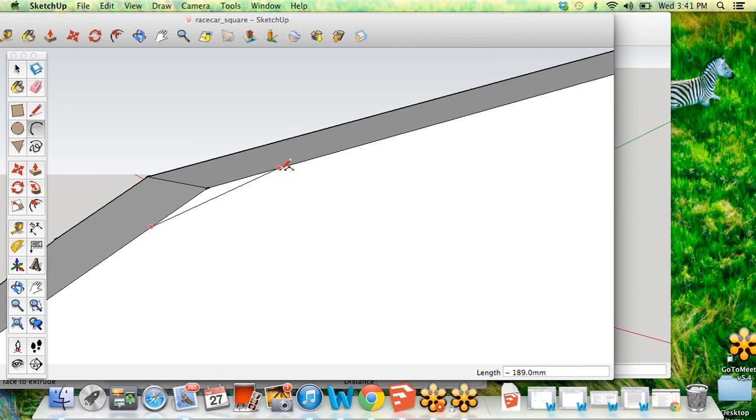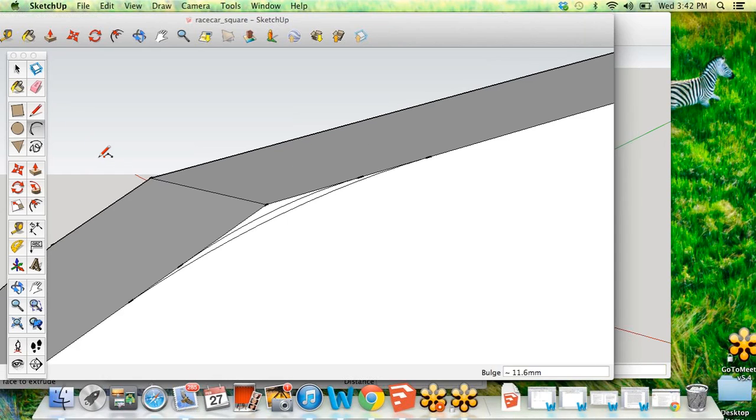Let me try that again. There we go, and you can see that curve is purple. Or you can choose one where your line is not purple, but black, and your curve is going to be blue, like that. So either way, I'm going to erase that first one that we did. And so now that I have my arc that is tangent,